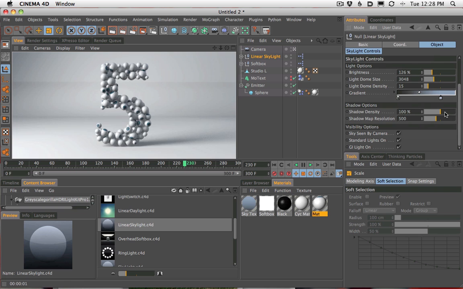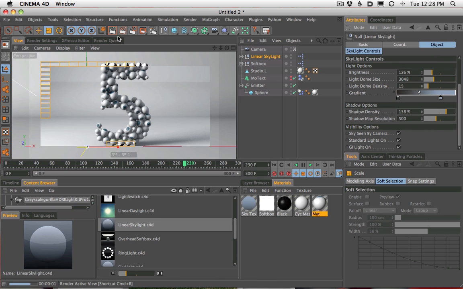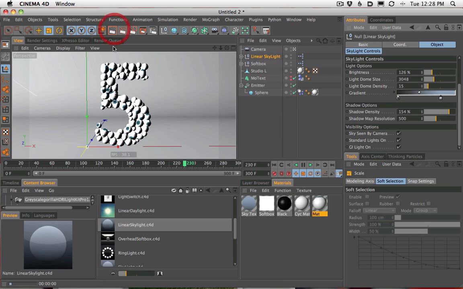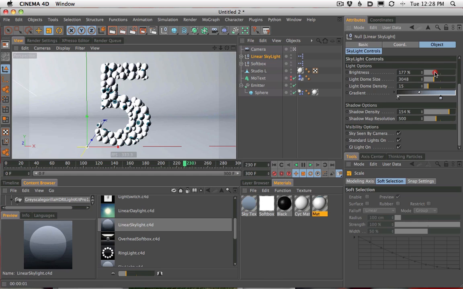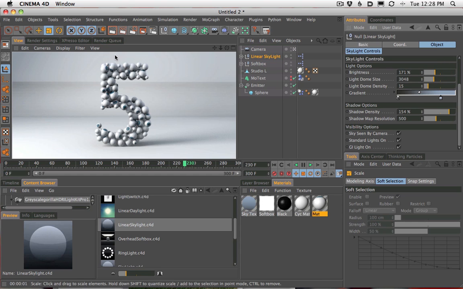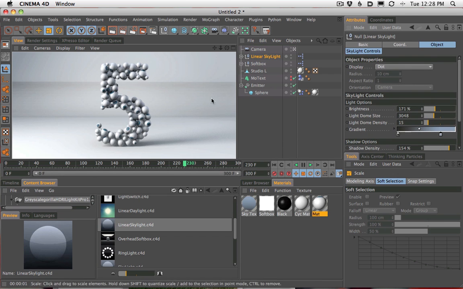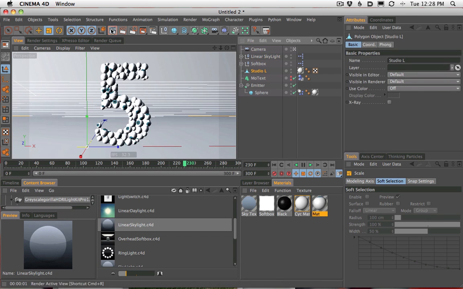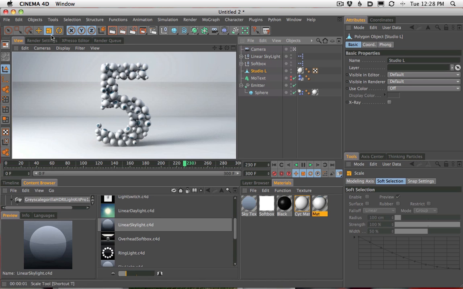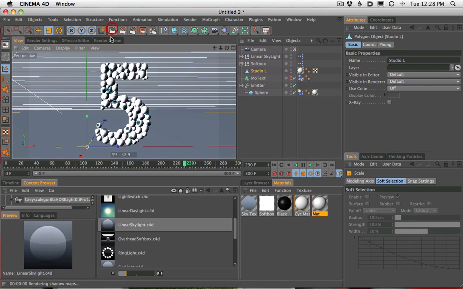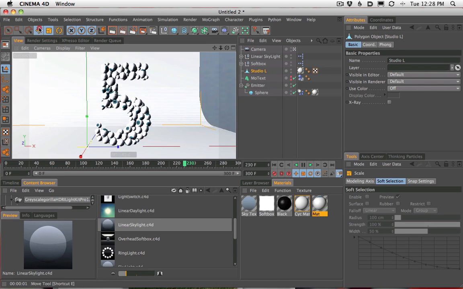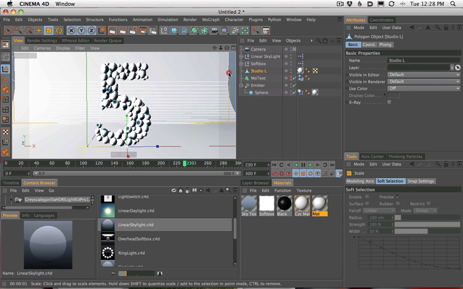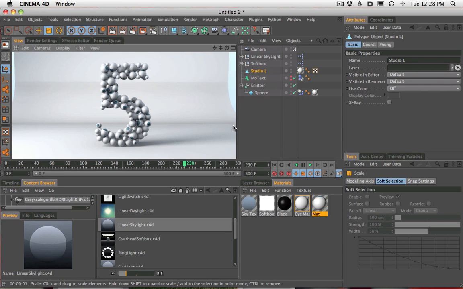One thing we could do is turn up the shadow density in our skylight. This is going to give us kind of an ambient occlusion look to our render, and that's helping quite a bit right there. And that allows us probably to turn up the brightness even more and to start to get this going. One thing we also want to play with is the sweep. You can see we're starting to get lines and stuff in the sweep. So we can maybe scale this up and make the sweep a little bit more gradual, or maybe even shrink it down and make it less gradual. But we're just trying to smooth this out so our lighting gets a little bit smoother.